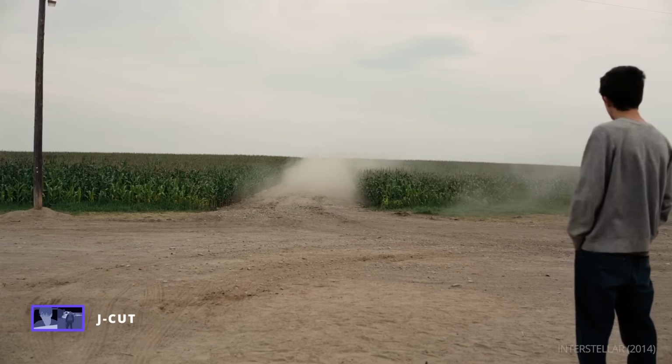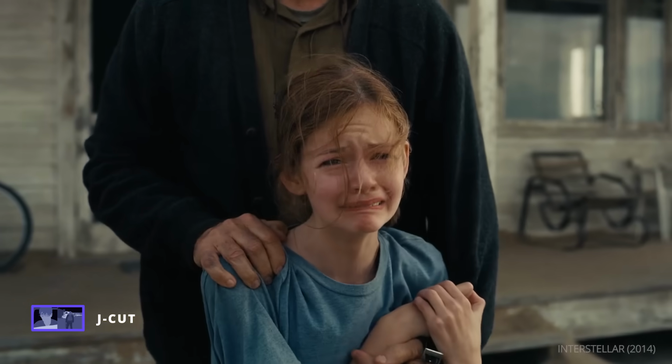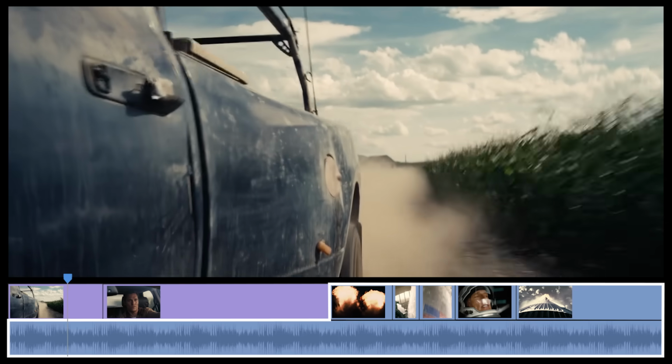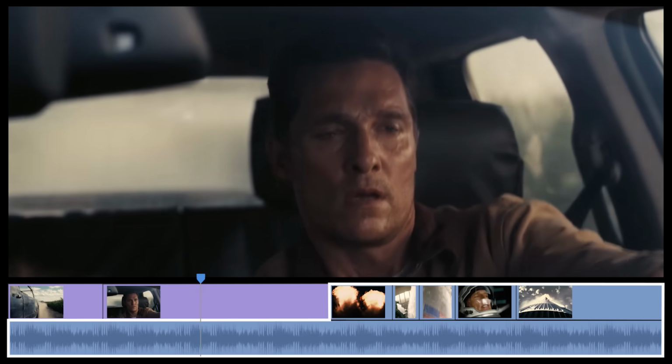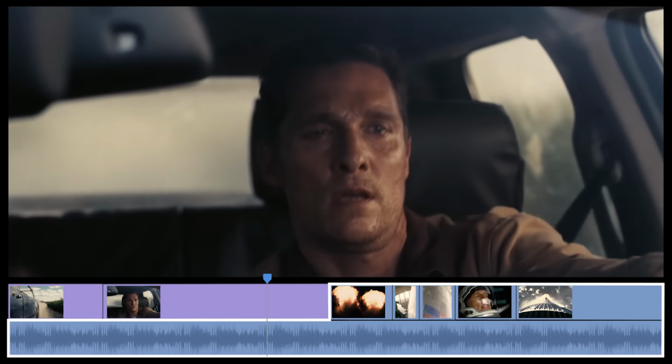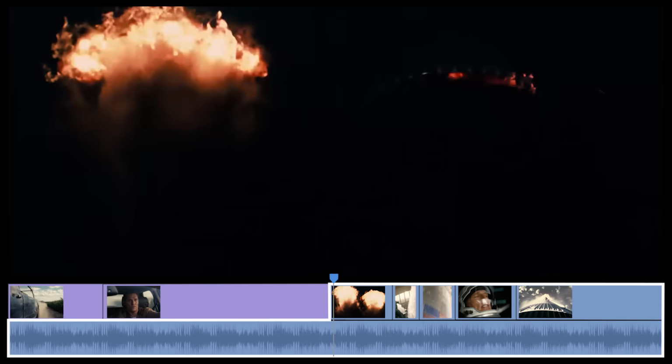7, 6, 5, main engine start, 4, 3, 2, 1, booster ignition and...